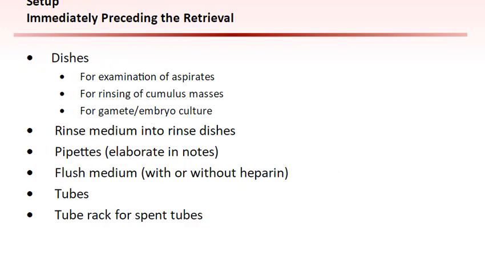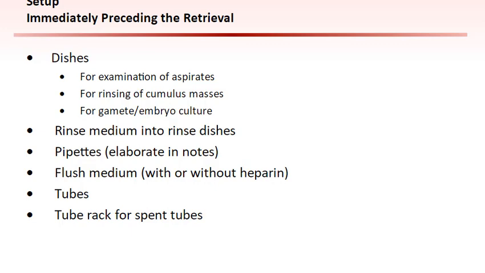The purpose of setup in preparation for oocyte retrieval is to assure that everything the retrieval technician needs is immediately available, that is, within arm's reach, prior to the beginning of the retrieval. These items should be assembled near the dissecting microscope used for oocyte retrieval. During the retrieval, the technician will need a tube warmer to hold tubes of aspirates until they are examined, dishes